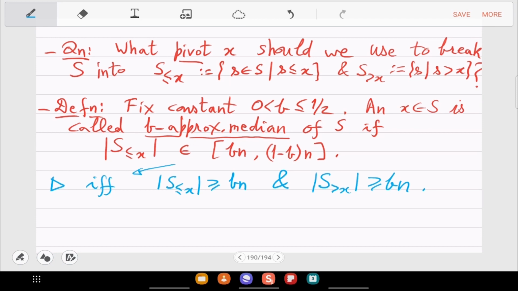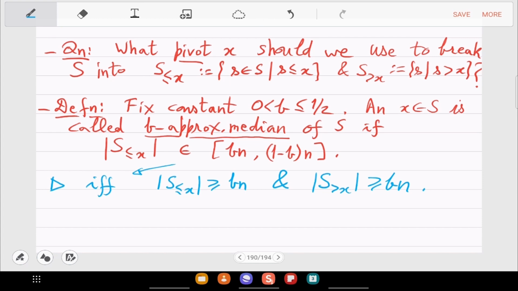Do you see the equivalence? All you have to show is that the second condition, S greater than x, implies that the size of S less than or equal to x is upper bounded by 1 minus b times n. But that you can deduce easily. If the second part is large, then the first part has to be smaller than n minus bn. So from that you will get the equivalence.